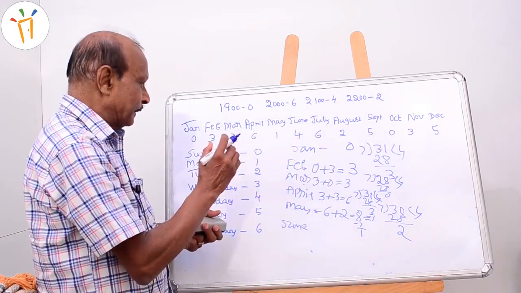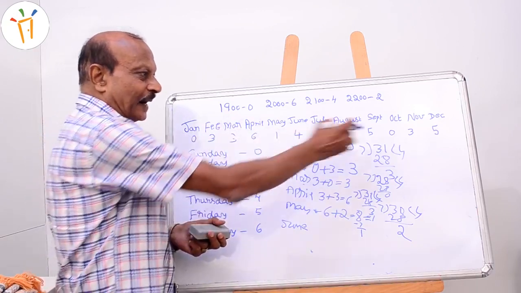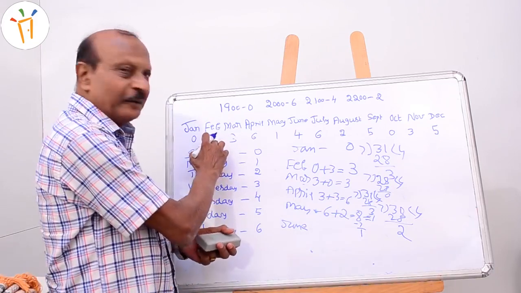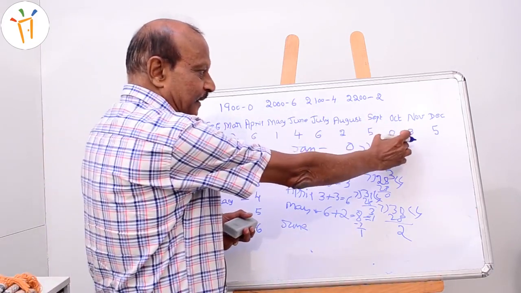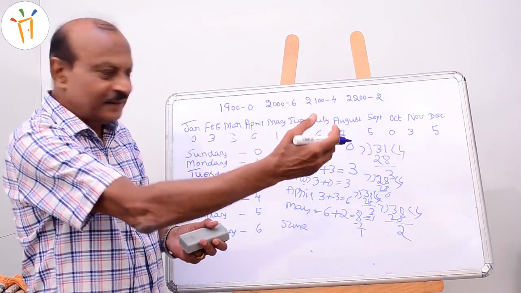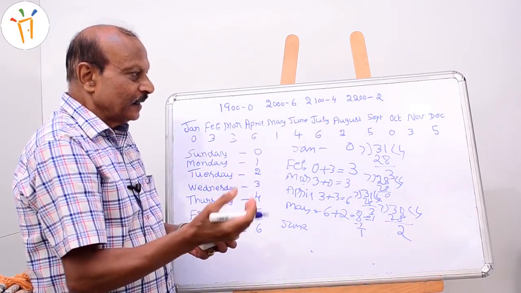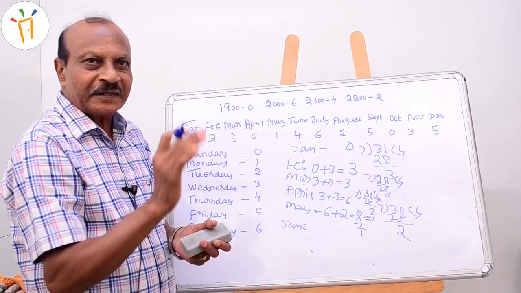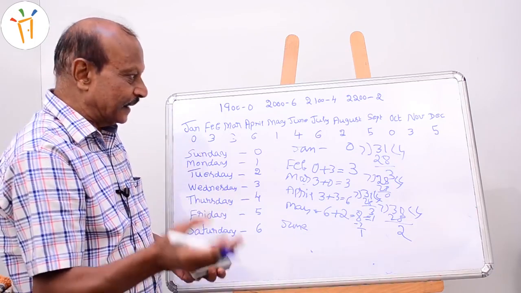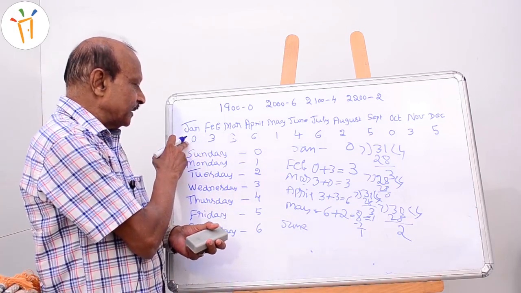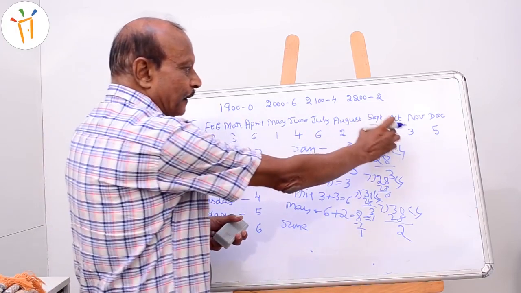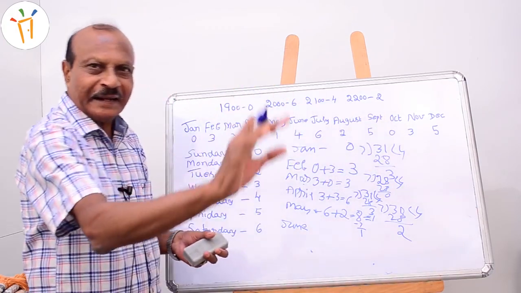You can see here, I have given January 0 and October 0. I have repeated the same code numbers. Here, February 3, March 3 and November 3 are repeated. Why have I repeated the code numbers? This is very important because you take the calendar. It must not be a leap year calendar. This year it is not a leap year. You take this year's calendar and see. Whenever January 1st comes, suppose it comes on Monday, every October 1st starts on the same day.